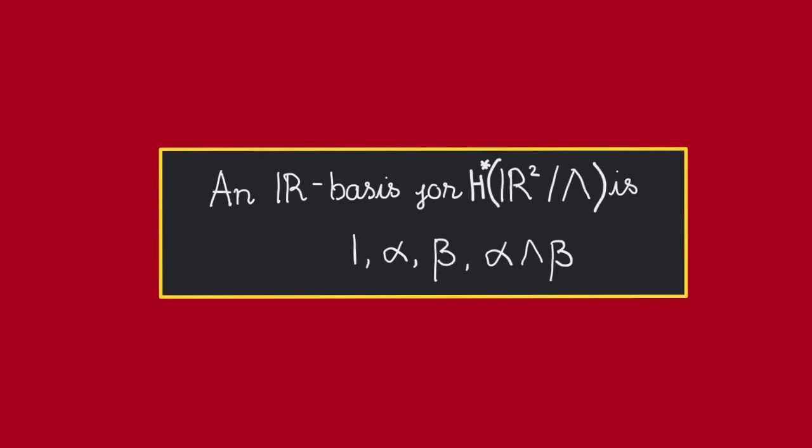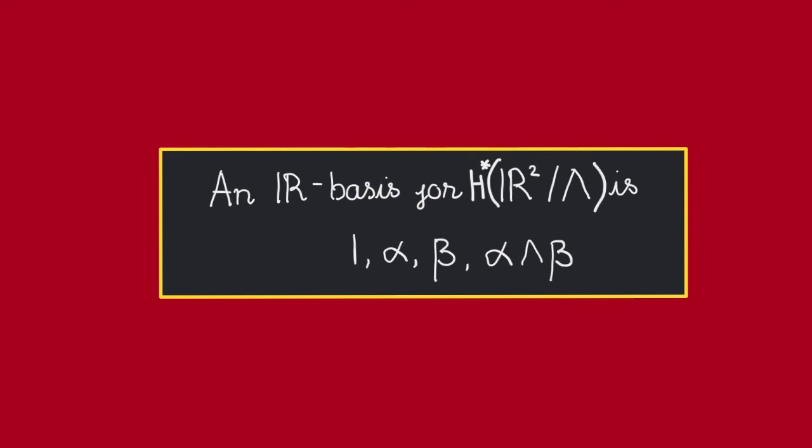Alright, so let's recap what we were trying to do. Remember, we want to describe the cohomology ring of the torus, and we want to start by giving a vector space basis for this cohomology. Now, we claim that a basis for this is going to be given by 1, alpha, beta, and the wedge